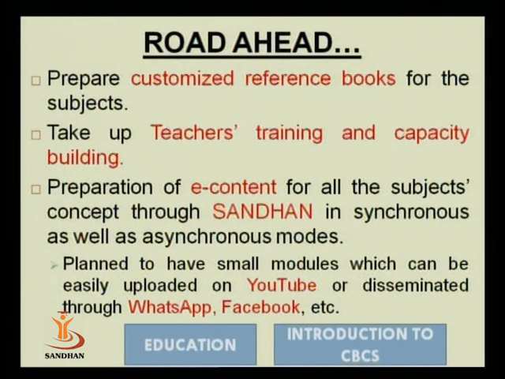Once this is prepared, some orientation for the teachers and also capacity building exercise will have to be taken up. This will be done in various stages. Some e-content preparation might also be taken up through SANDHAN in asynchronous as well as synchronous modes. Synchronous is where you can have two-way